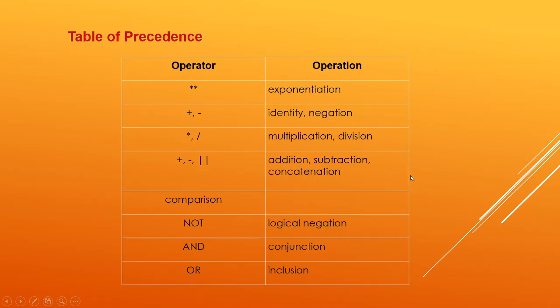You can see in this particular table, the one at the top, the first row, has the highest priority, and the last one has the least priority. And if you find two or more operators at the same level, that means all of them have the same priority. Within an expression, the operators of the same priority are considered from left to right. Whichever comes first will be evaluated. Fine. So this is the operator precedence.